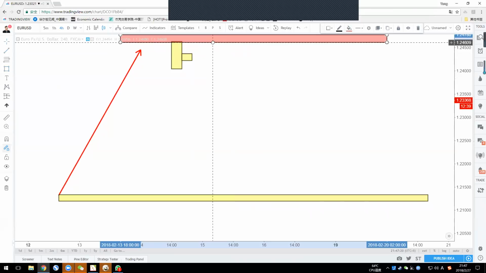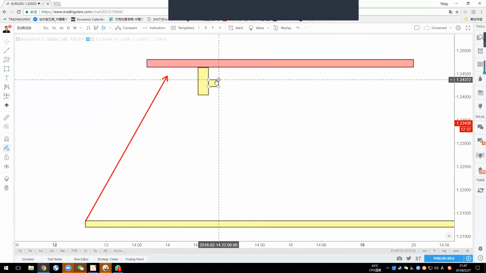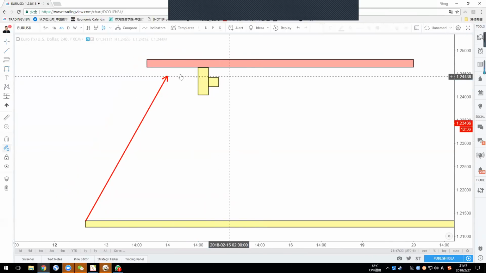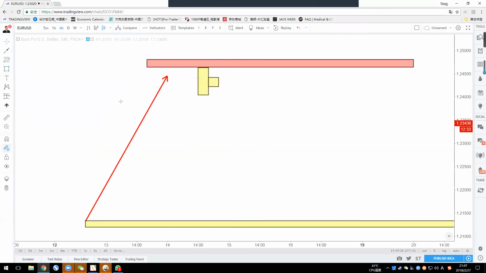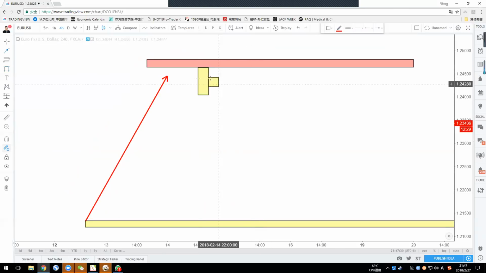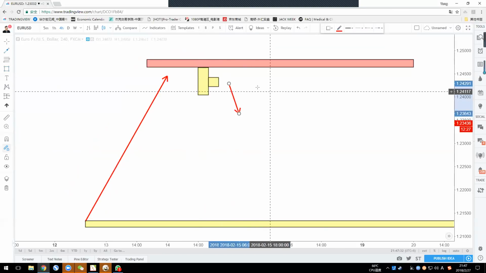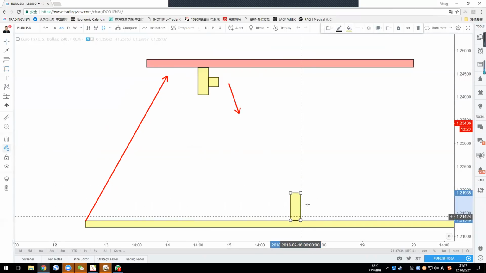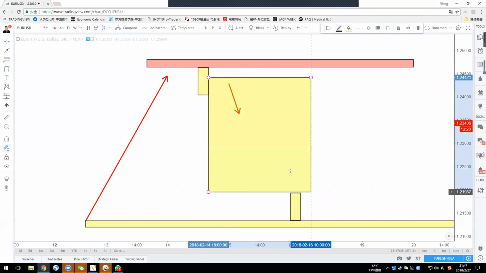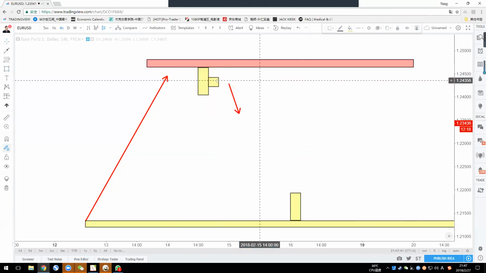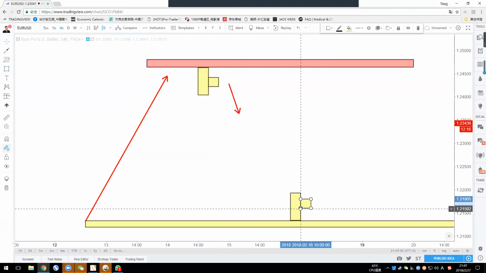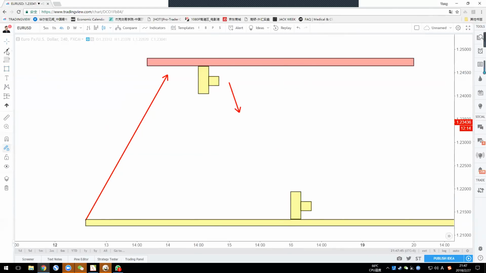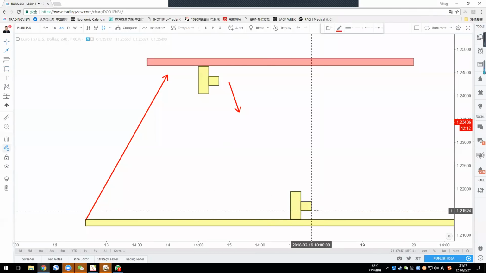Let me highlight this, okay? So the direction of the inside bar, sometimes you need to choose whether you want to trade the breakdown or trade the breaks up. Okay, so this one you need to sell. But if the inside bar occurs here, this one, what should you do? Which is the better strategy, to trade the breakdown or trade the breaks up?